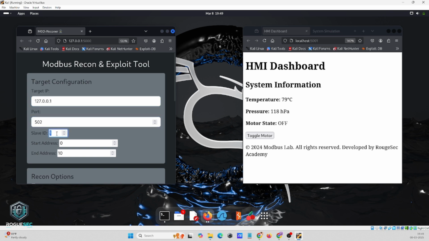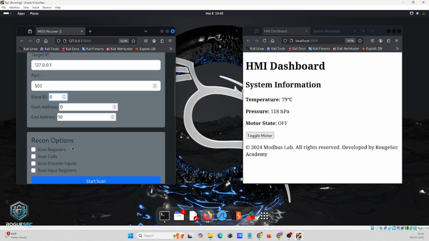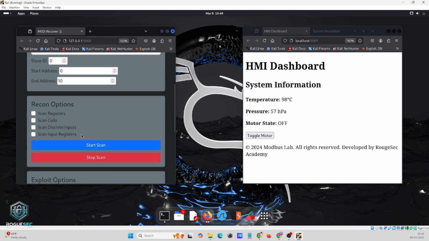Next, define the start and end address for scanning. Choose the appropriate reconnaissance option, and click Start. The tool will now begin scanning the Modbus device and retrieving useful information. After a few moments, you should start seeing results on your screen. Mod Reconner will display